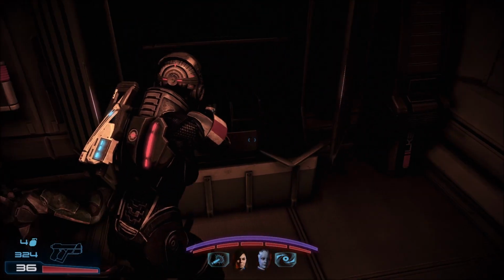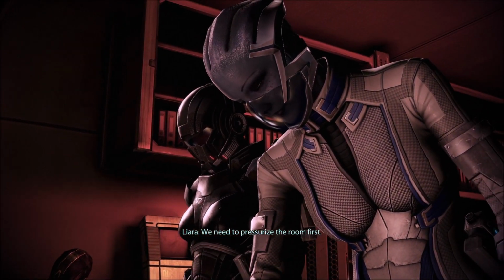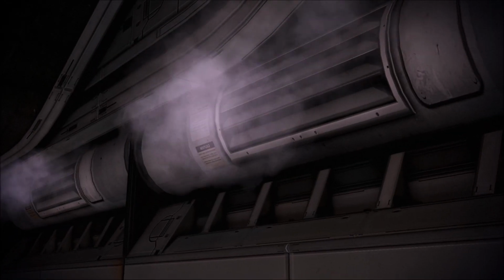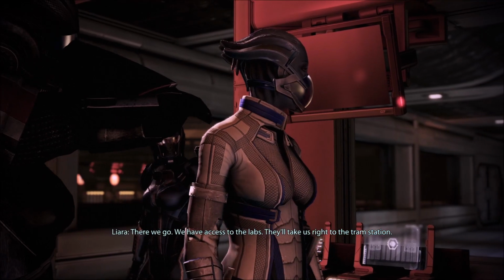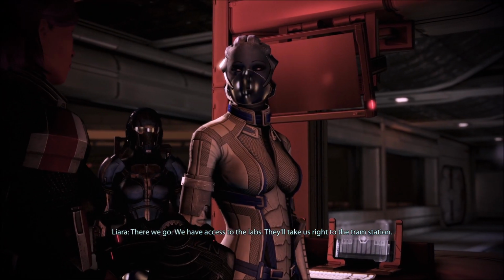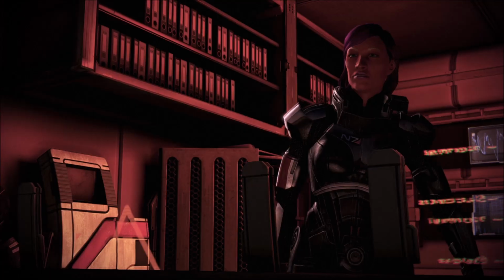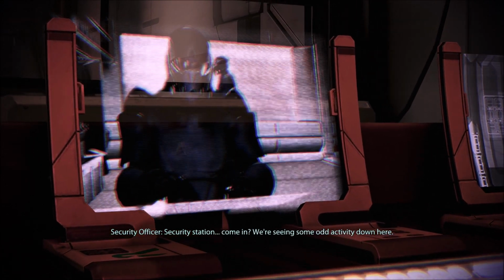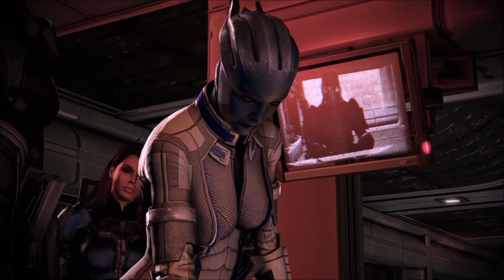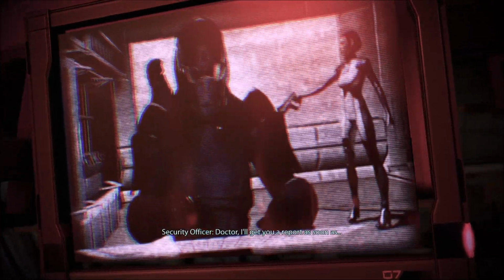That medical station got me 150 experience. We need to pressurize the room first. Had some rare candies in it. Yeah, there we go. We have access to the labs. They'll take us right to the warheads. Hey, looks like there's a recording of what happened here. Are warheads rare? I don't see them often. Security station. We're seeing some odd activity down here. Our security protocols just kicked in. Everything's locked down. Doctor, I'll get you a report as soon as...